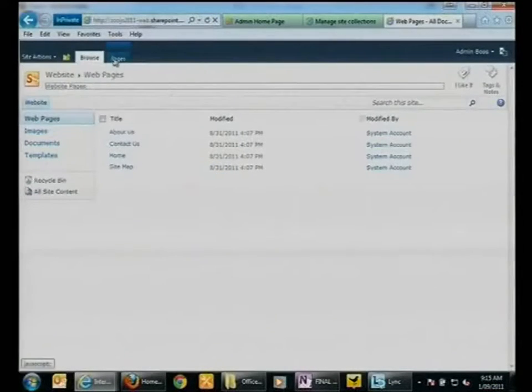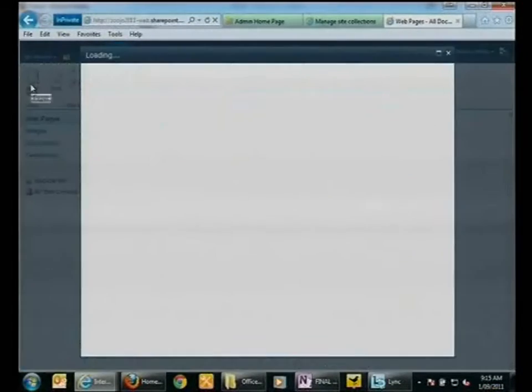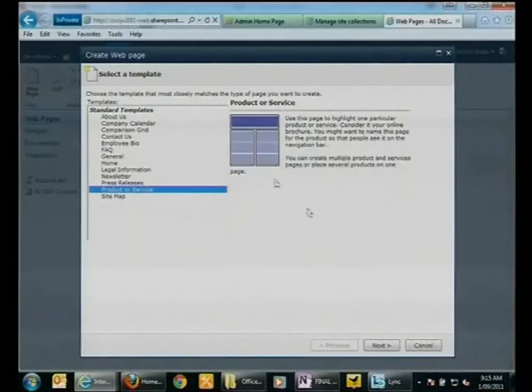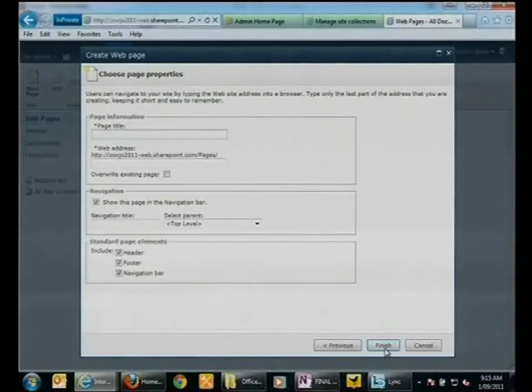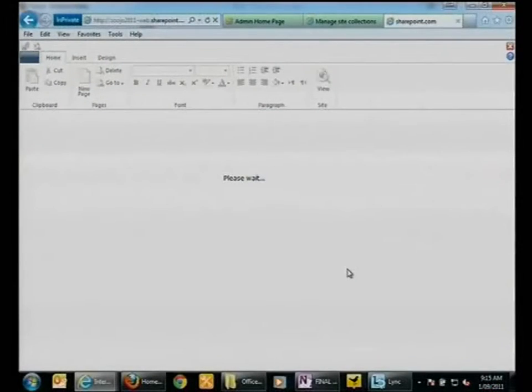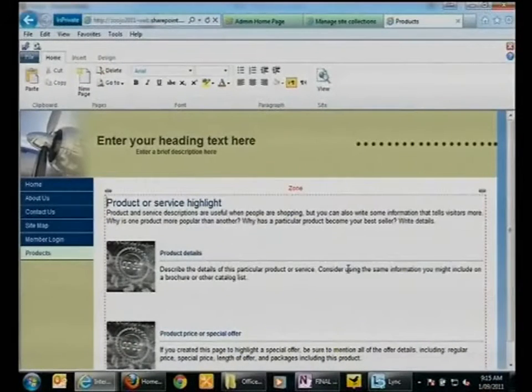What I'm going to do is go into pages, and you get a ribbon. Let's create a new page, a products or services page. It's a wizard-based environment, and you get a few options. You can choose your header and your footer and navigation bar and all the rest of that. So it leads people through to creating a site, getting a presence on the web. As we said, it's not an e-commerce site by any stretch of the imagination, but you get a fairly flexible,